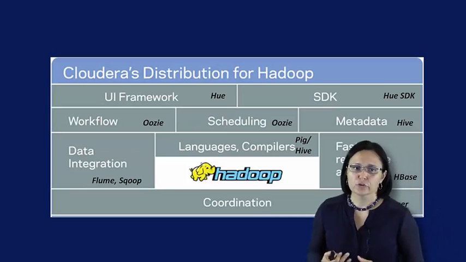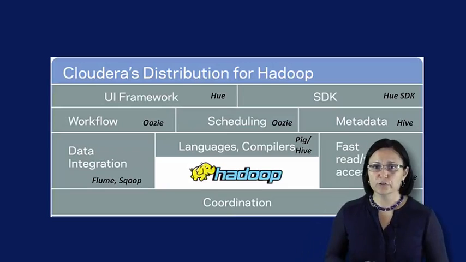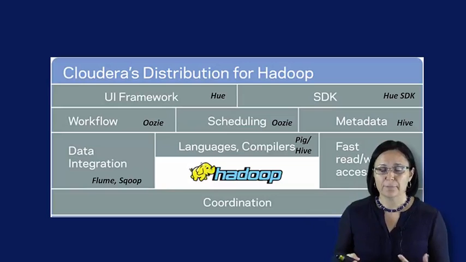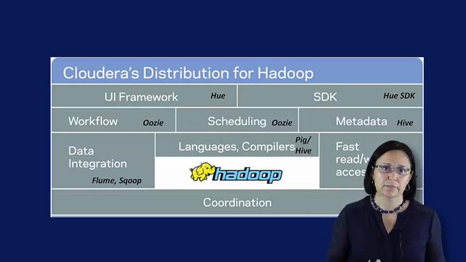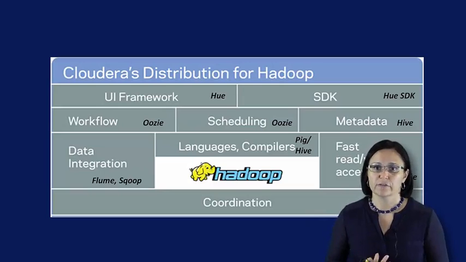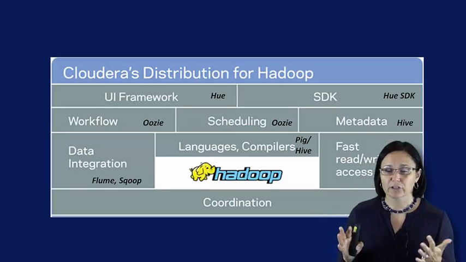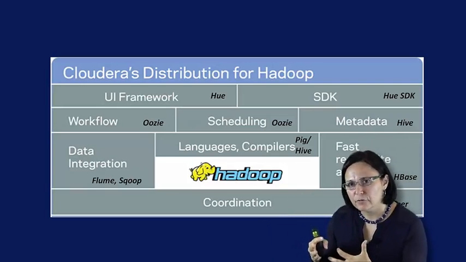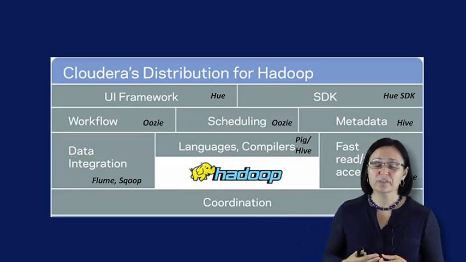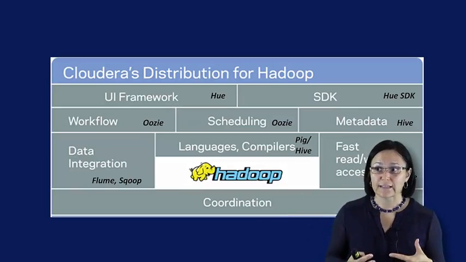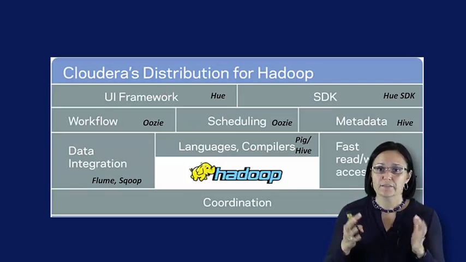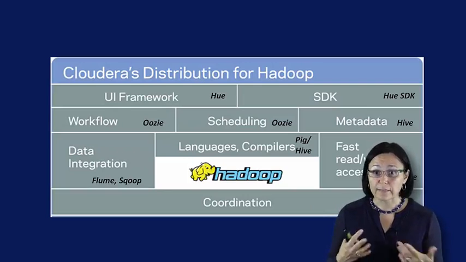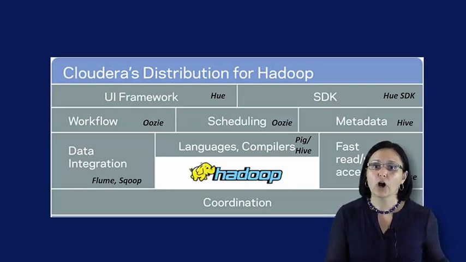So we decided to use Cloudera's distribution for Hadoop because they have this really excellent quickstart VM that you guys have already downloaded in the previous class, and we can do all kinds of experiments on it without having to spend the time either begging our IT guys to install a full installation of the Hadoop stack or having to spend time doing it ourselves. This VM is structured in a way that enables us to run all of these different services and learn how they work without a whole lot of